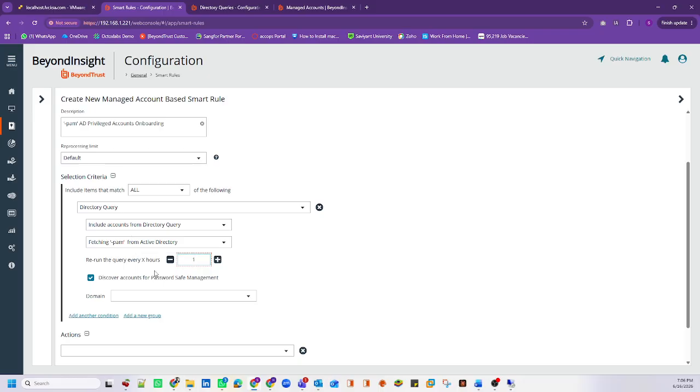So I'll just go with the one hour. After every 1 hour, it should update the results in the directory query. Okay, so this option will make directory accounts for password management. Yes, because we are using this directory query or smart tools to discover accounts for the password safe management, for managing into the password safe. So this option will enable you